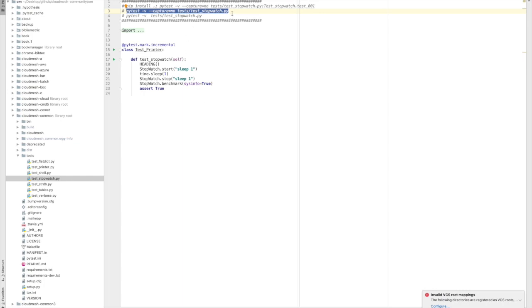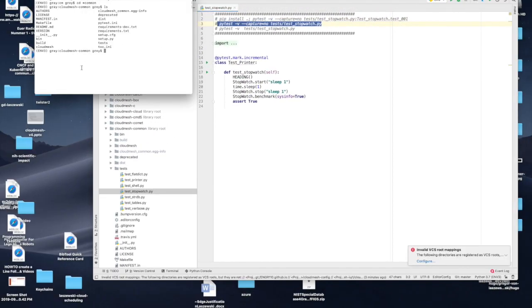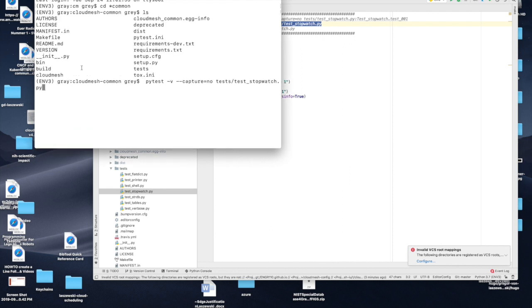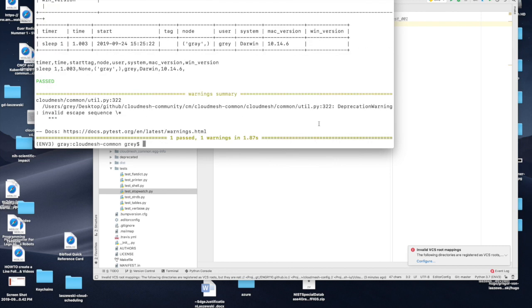I haven't done that correctly here, so let me copy it again and move the window in here so that I can better demonstrate this. So I just put the test in here, and now I can execute the test, and you see that the test includes a benchmark that tells me how long this particular test has been run,